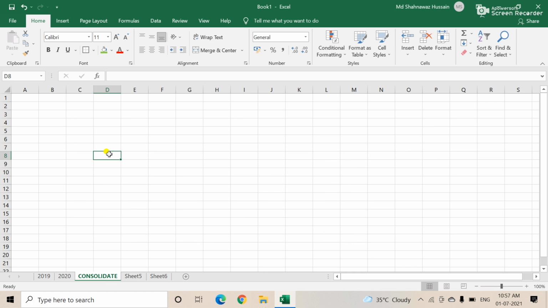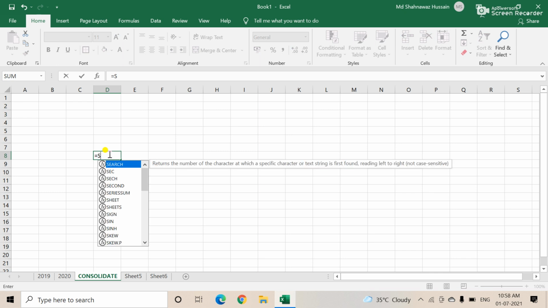Again I am repeating: you go to a particular cell address, D8. I am placing my cursor in the particular area, D8, and all of you type the formula equal to SUM.